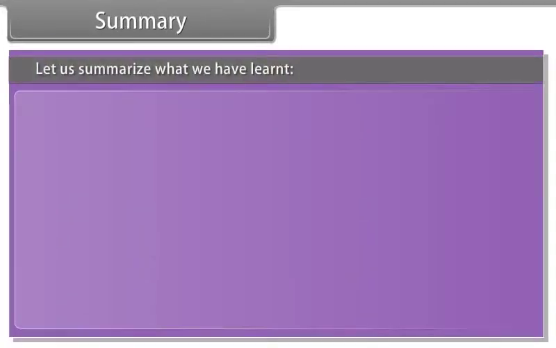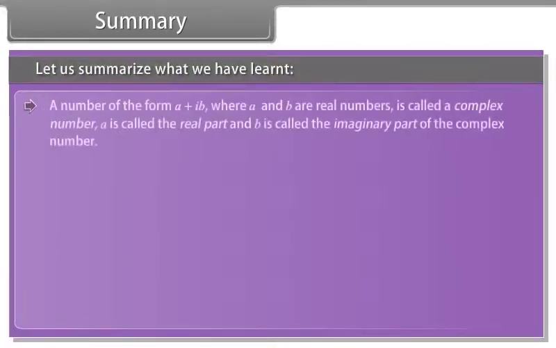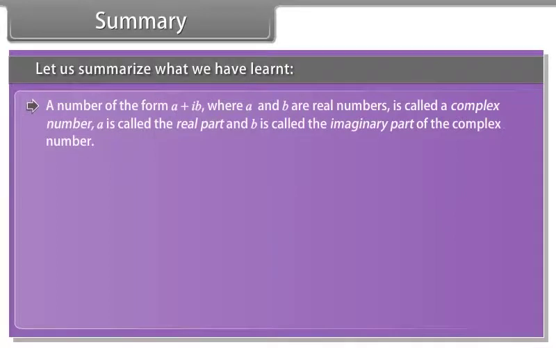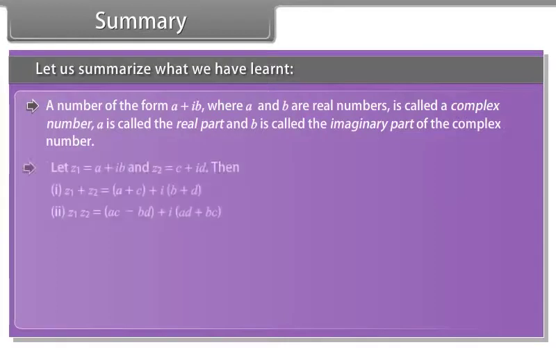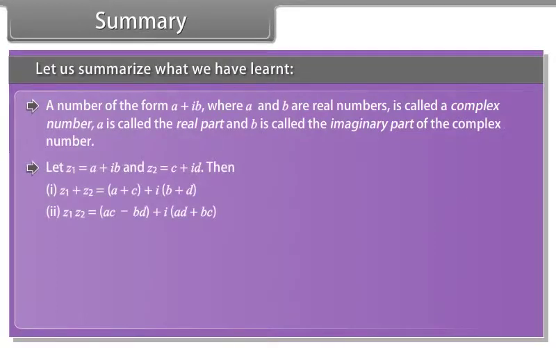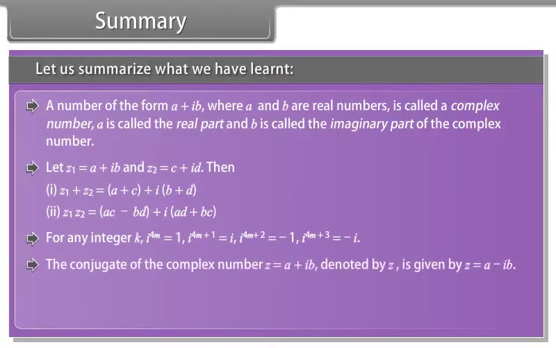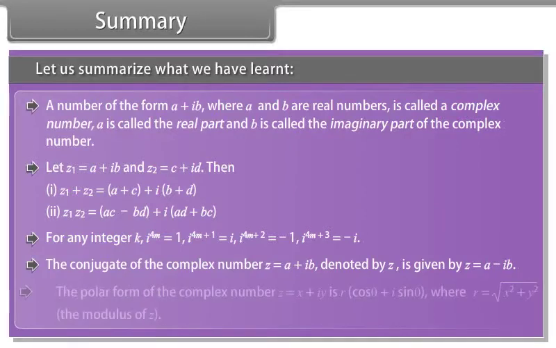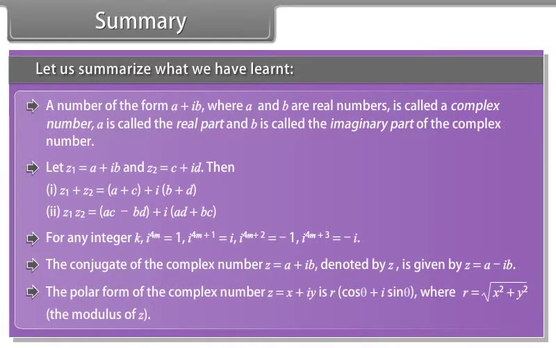Summary. Let us summarize what we have learned. A number of the form a plus b iota, where a and b are real numbers, is called a complex number. A is called the real part and b is called the imaginary part of the complex number. Let z be a complex number, and then for any integer k, the conjugate of the complex number denoted by z bar is given by the polar form of the complex number is, where